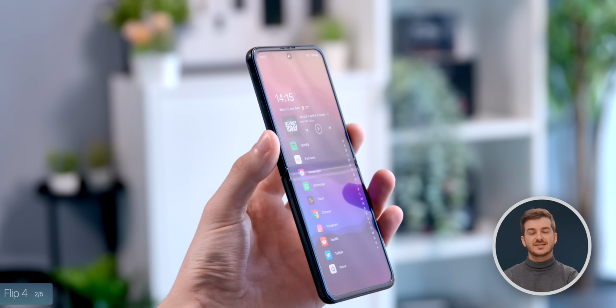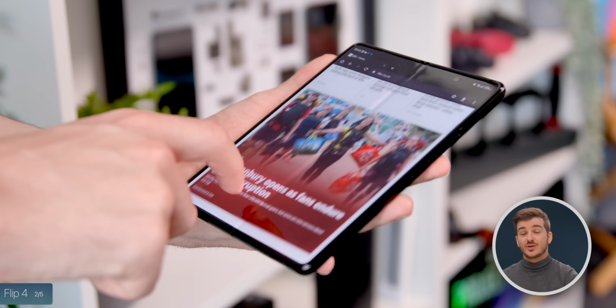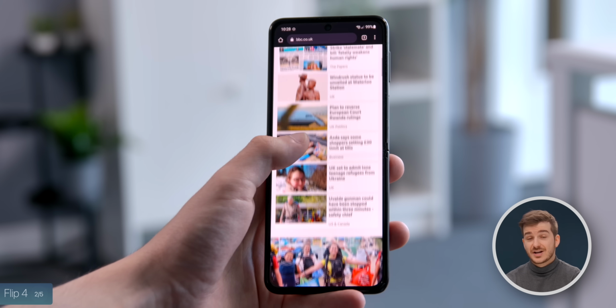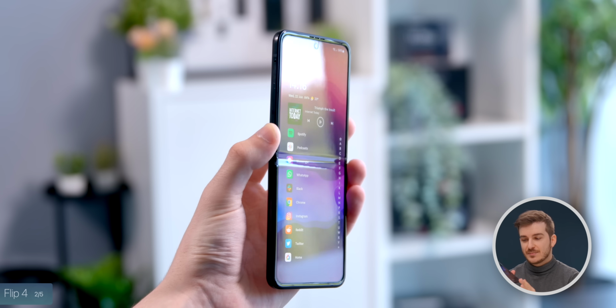Another big change is the crease, which according to Ice Universe is going to be much less noticeable. I haven't really had a problem with the crease on the Fold, however on the Flip the crease is horizontal, so right in the middle. So when you're scrolling through your phone and navigating a website, you will definitely be able to notice it. So if Samsung can reduce the crease and make the display appear more flat, then this will definitely improve the